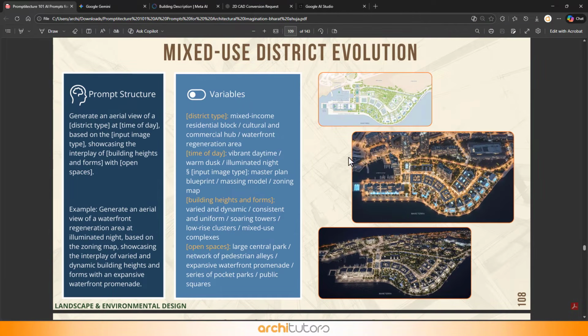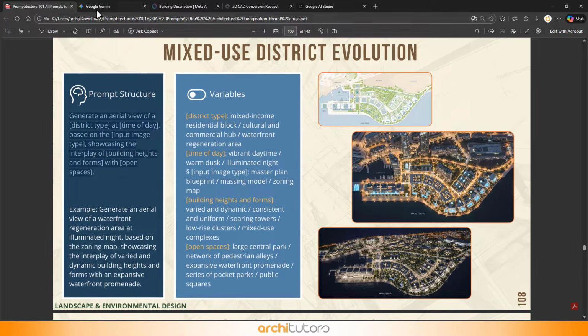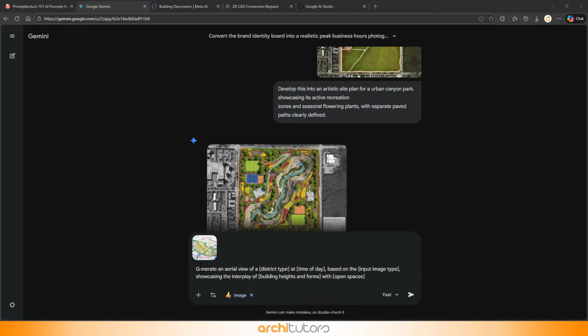Mixed-use development evolution can be visualized with just a single prompt. It's simple but highly effective. You can start with any massing image or master plan, specify the project type, and then add variables for open spaces and building forms. For this example, I used a massing plan as input. My final prompt reads,